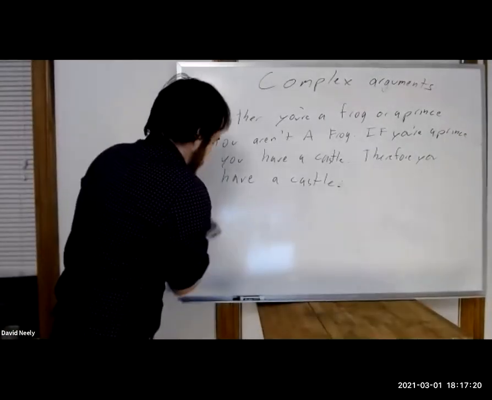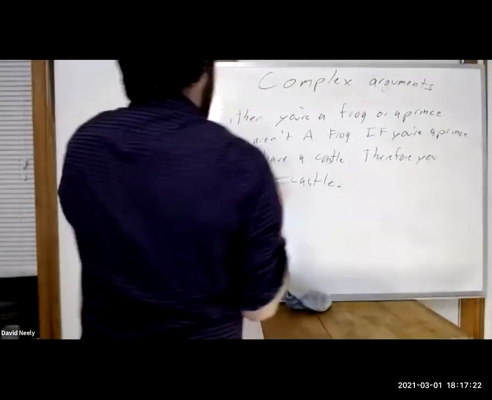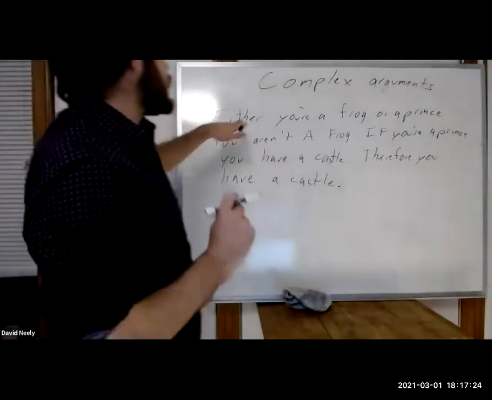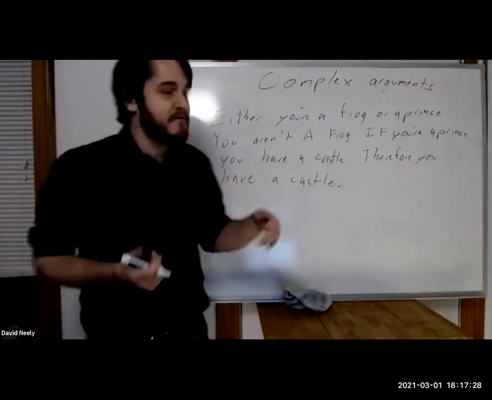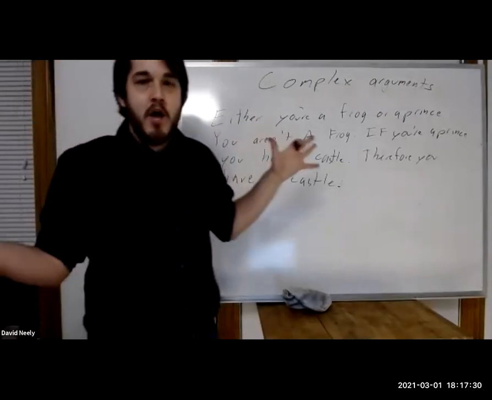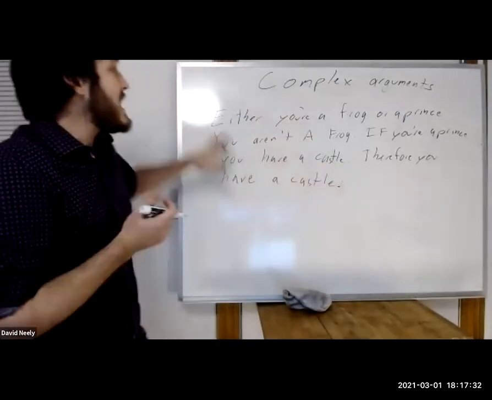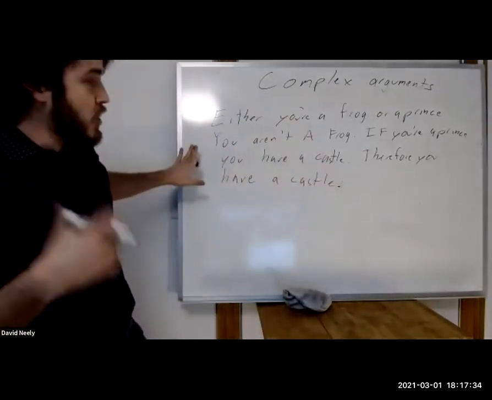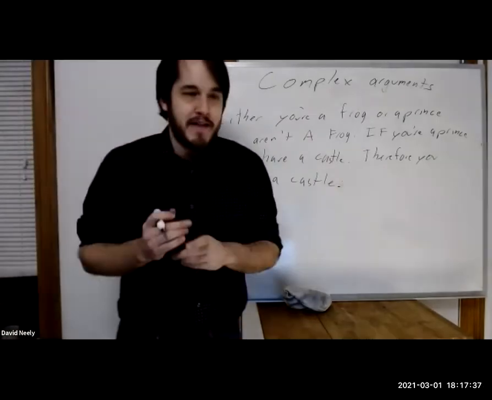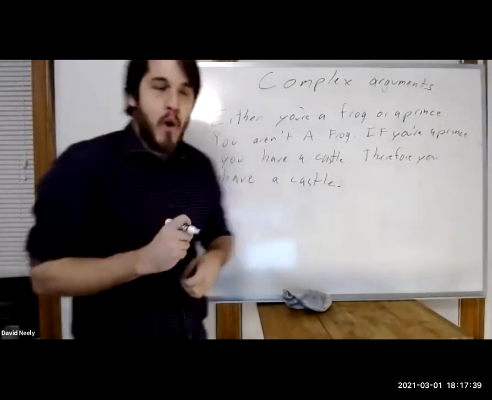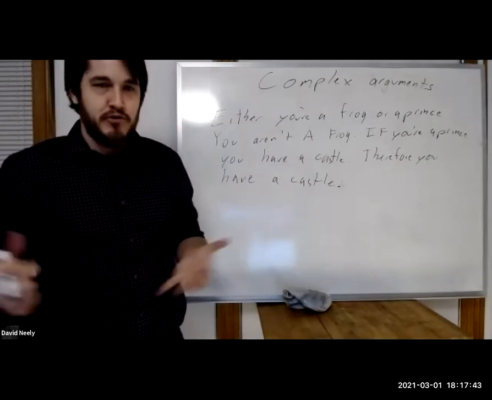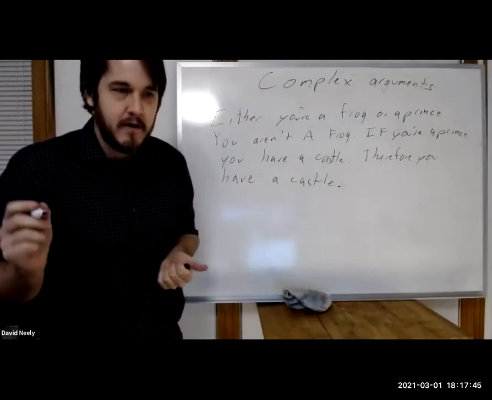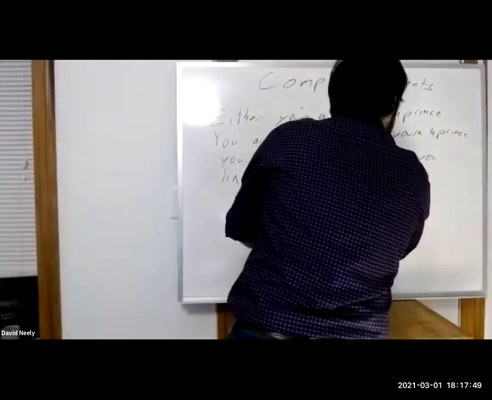So why do I say this one is structured? Well, let me draw up this argument. The way it works is, first off, we have a premise here. What's our first premise? We first have to look up here and, well, let's begin. Like we did a few weeks ago, if this is an argument, step number 1 is to identify what is the conclusion. So what is the thing being proved by this argument? The ultimate conclusion, the thing you're trying to show is true. You have a castle? Yeah, that you have a castle. It's what comes after the therefore.